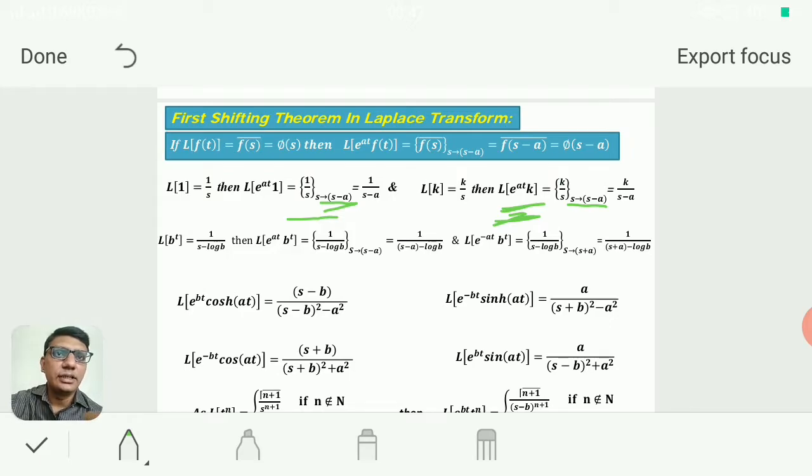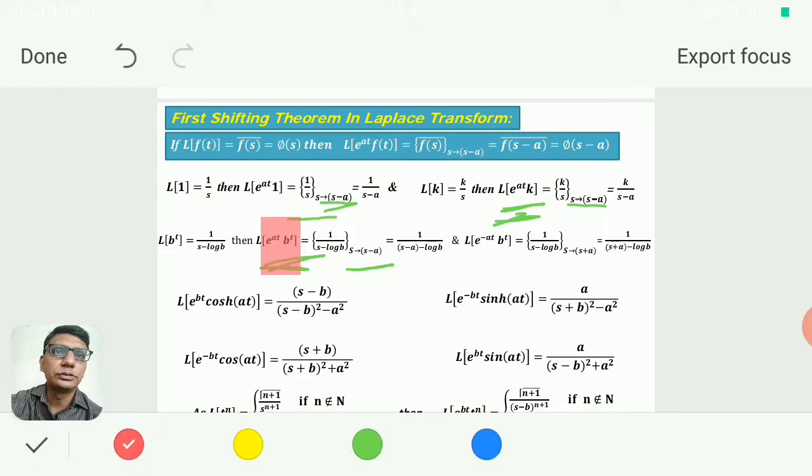Similarly, Laplace of b raised to t is 1 upon s minus log b, we know that, then Laplace of e raised to at into b raised to t becomes 1 upon s minus a minus log b, with s replaced by s minus a. Finally the answer of Laplace of this form,